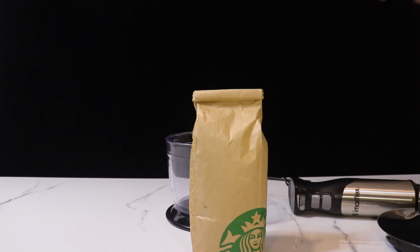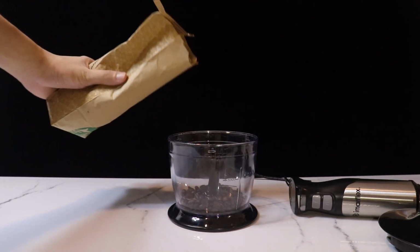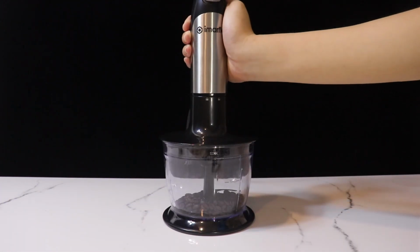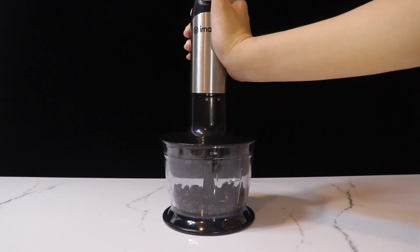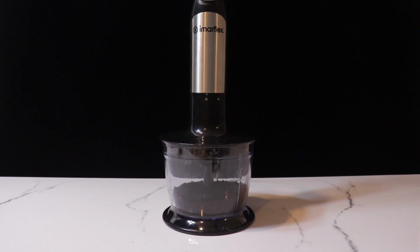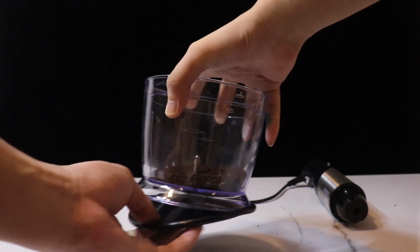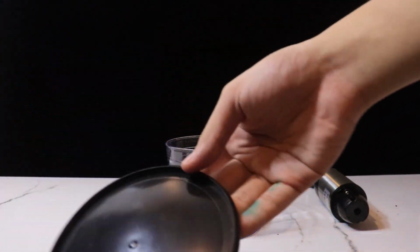We are going to use Starbucks beans of coffee, roasted coffee beans. There you have it. And we will just lock it in place and let's start grinding. So I'm using the one option here, and I'm using the two option, the max speed. And as we can see here, after 30 seconds of uninterrupted